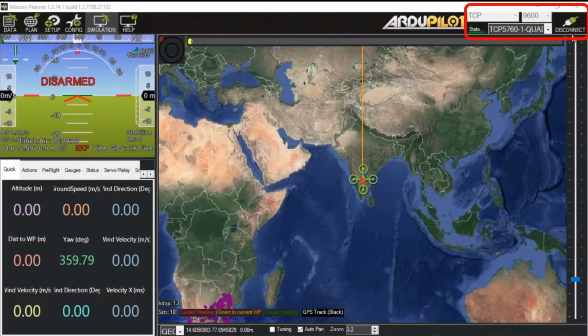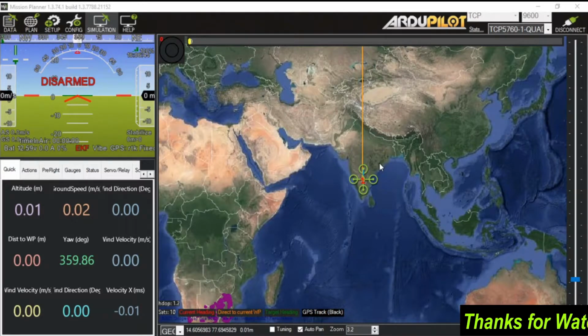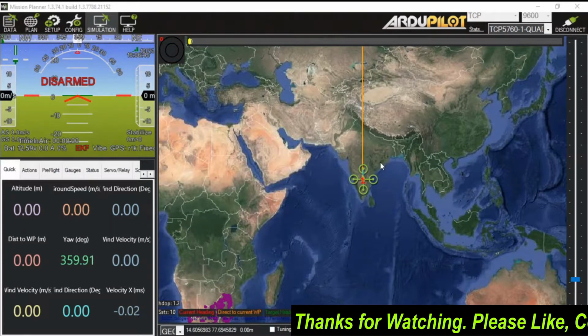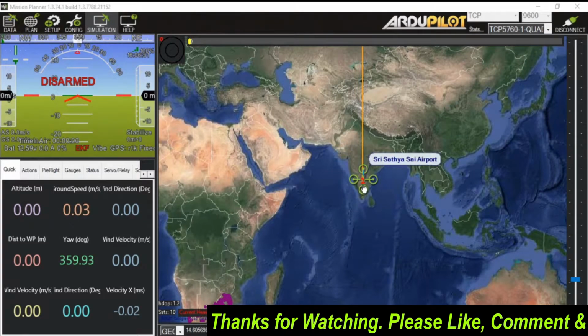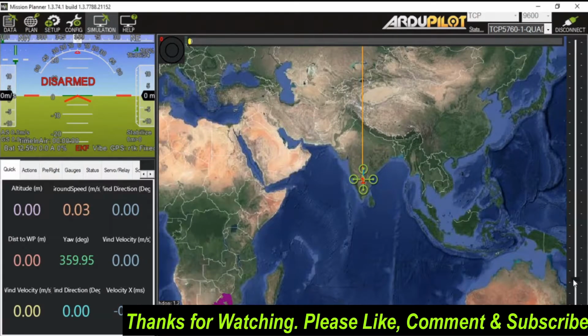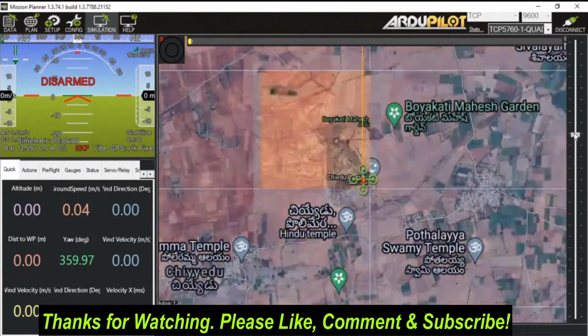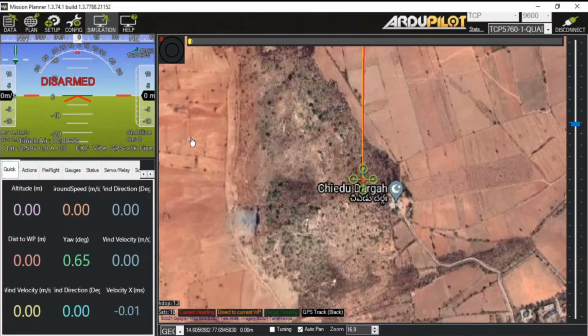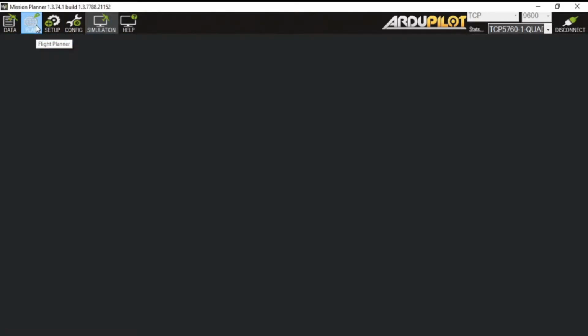You can see here right now it is showing that the CTL is connected to the Mission Planner. So what exactly happened? We downloaded the CTL and it automatically launched and got connected to the Mission Planner. So we have successfully done the first part, that is launching the CTL and connecting it to Mission Planner. And the best part is we haven't done anything much. We just left clicked on it and everything happened automatically. So let's go to the plan window, because the next thing is to plan a mission.